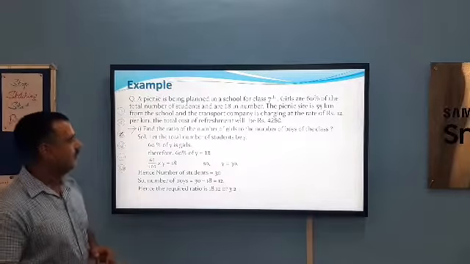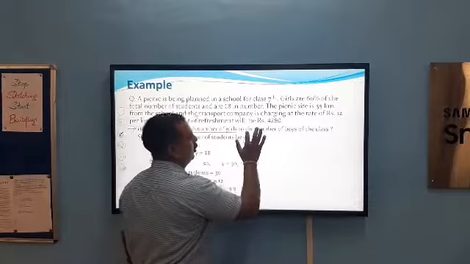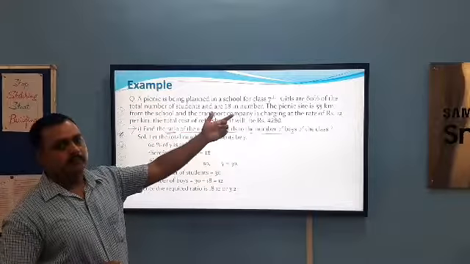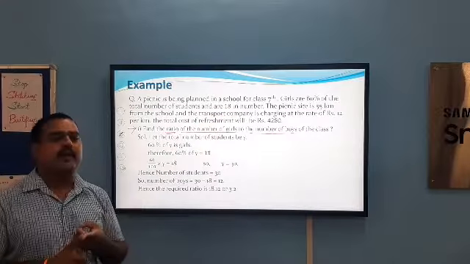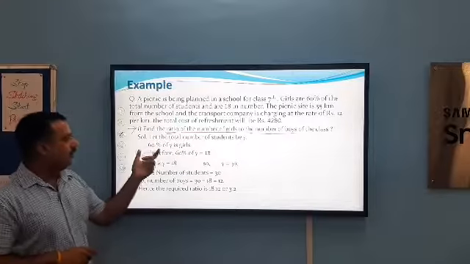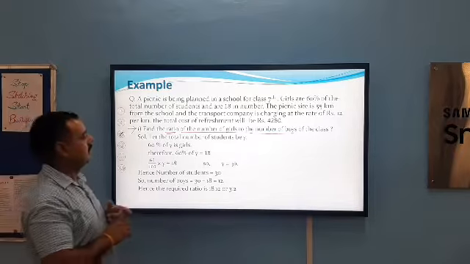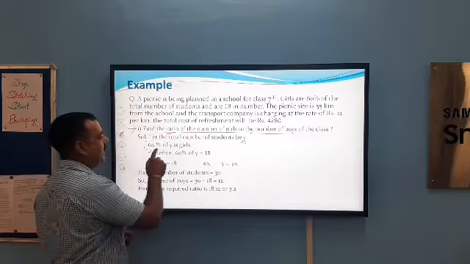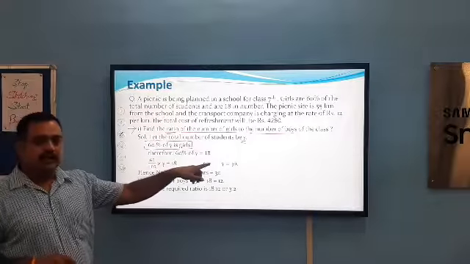Now here the question arises: find the ratio of the number of girls to the number of boys of the class. We know from the question that the number of girls is 18. First of all, we have to find the number of boys. As we know, 60% of the total students is girls. So, let the total number of students be Y. So, 60% of Y is girls. It means 60% of Y is equal to 18.